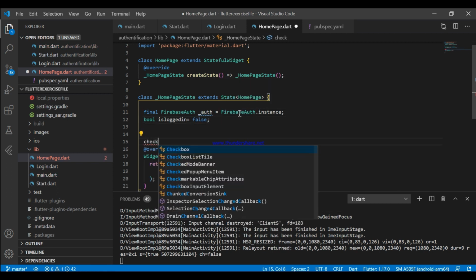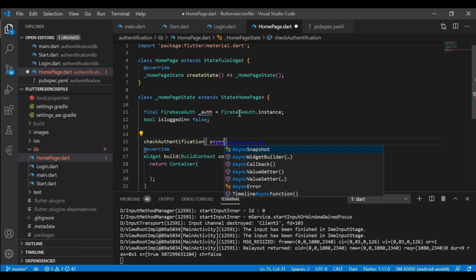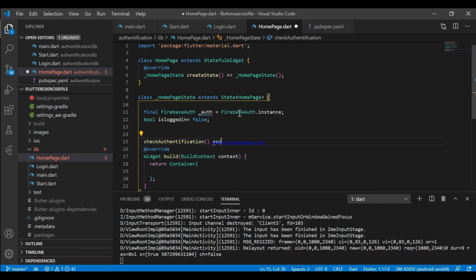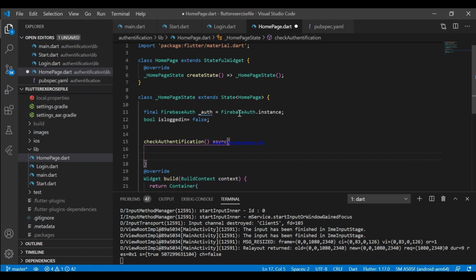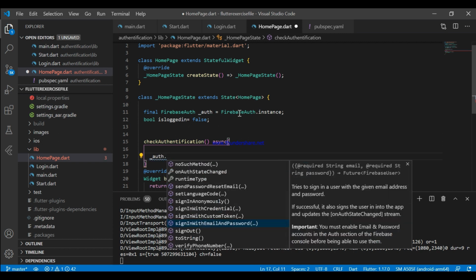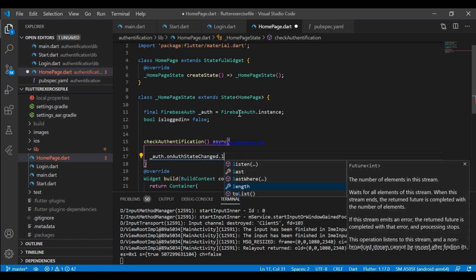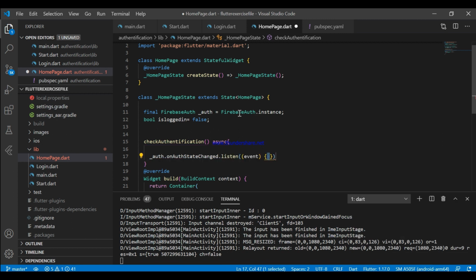We are using this is logged in feature just in a minute. Now again we are using the same method, check authentication, which checks whether the user is logged in or not, but this time we are using if user is equal to null, which means the user doesn't have an email and password, so there is no point in showing him the home page.